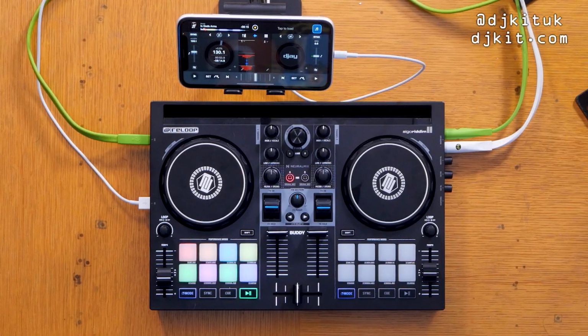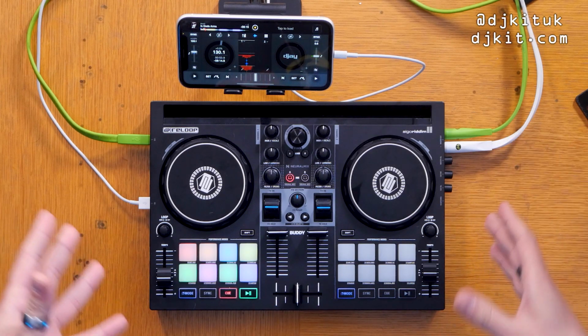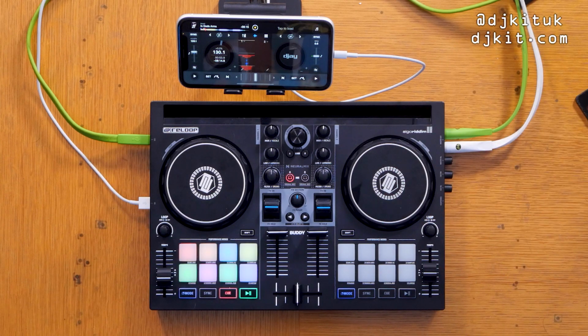Anyway, the beauty of this direct cable means that you don't have to faff around with dongles or camera adapters or any of that kind of stuff that you have to use when you want to use Algoriddim DJay on other controllers. So it's nice and clean. I know it doesn't look very clean because I've got cables running everywhere, but in terms of setting it up,